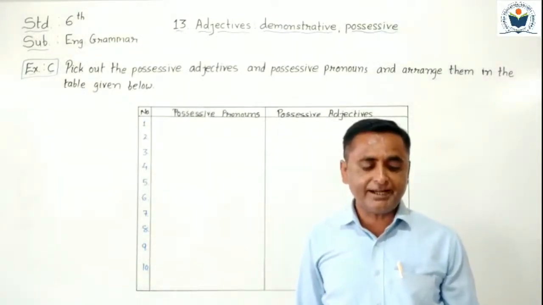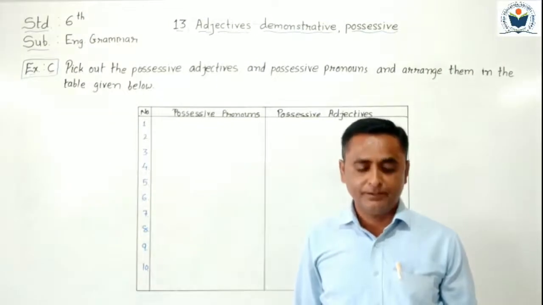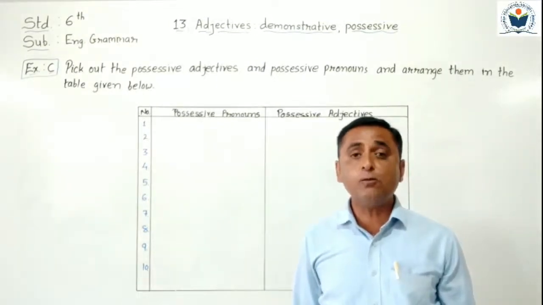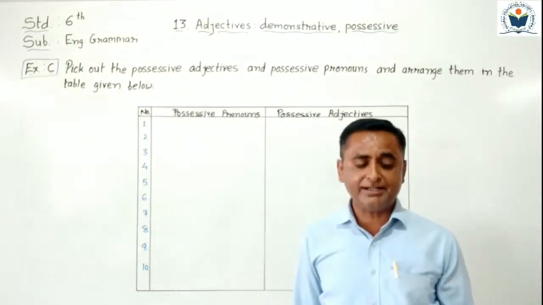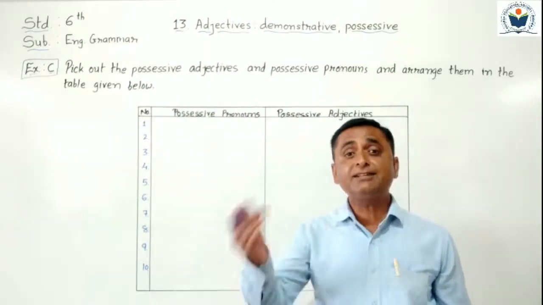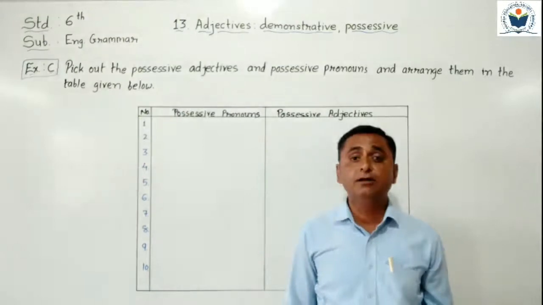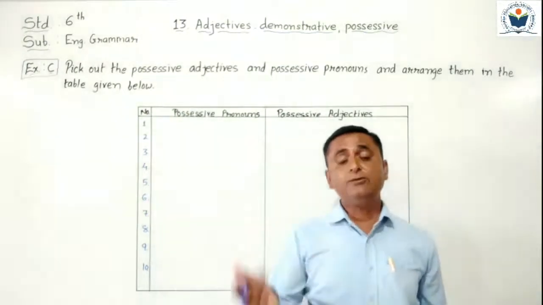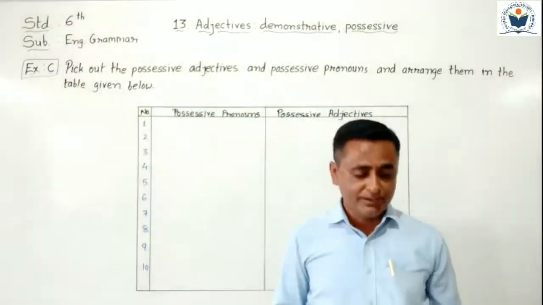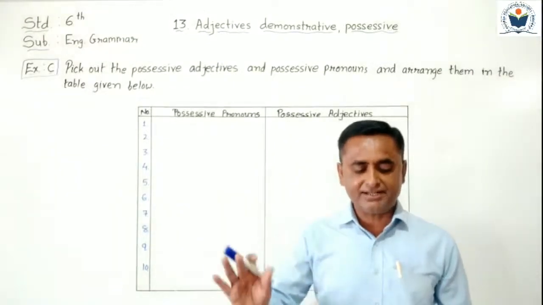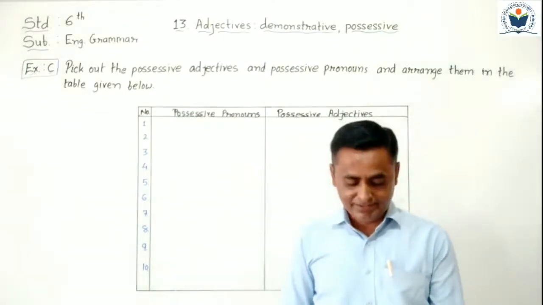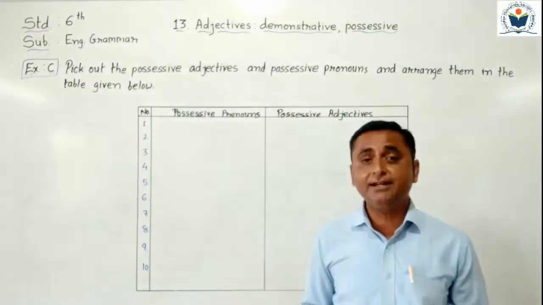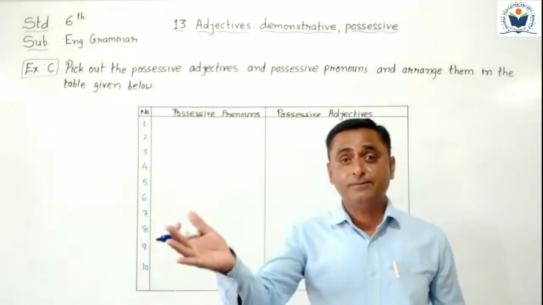Shylock was angry at his daughter. She had chosen her own husband. From that sentence, first of all, we have to find out which is a possessive adjective and which is a possessive pronoun. Here in "Shylock was angry at his daughter," one possessive adjective is given: his daughter. See here, after his, daughter followed.